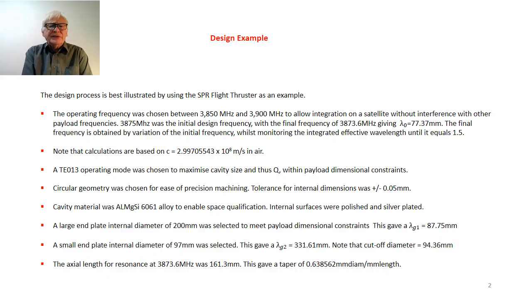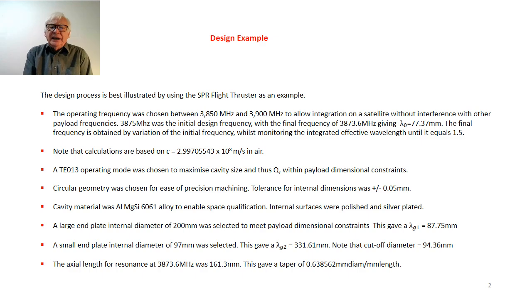Cavity material was the standard aluminium alloy used in space equipment, and this enabled the space qualification process to take place. Internal surfaces were highly polished and silver plated, again to space specifications. The large end plate internal diameter of 200 millimeters was our starting point. Again, payload dimensional constraints meant that we were held to this maximum value,